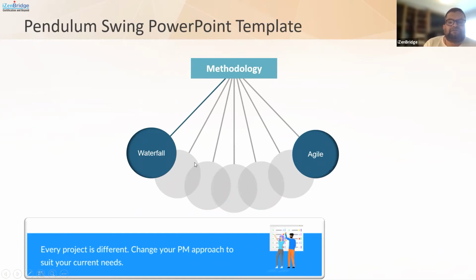If you feel that there's a lot of planning needed, a lot of structure needed, you can be very close to waterfall and then choose certain pockets of agile within the project. If you feel that you need a lot of agility, the requirements are changing, but there are certain elements of waterfall that you still feel are relevant for your project, then your project pendulum will be more towards the agile. It's all about assessing the current need, assessing what is best for the project,